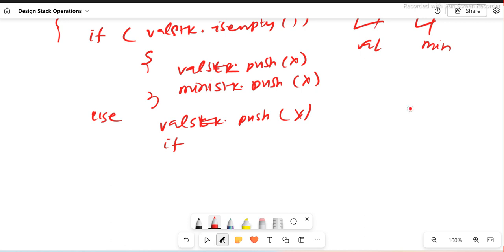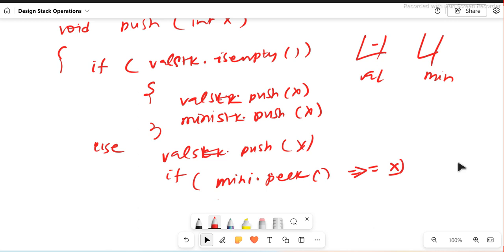So what I'm going to say, I'm going to say if mini dot peek, no, peek, which will give me the top of the element, right? If this is equal to x, correct? If this is not equal to x, guys, if this is greater than mini, yes. If yes, correct. If my x is smaller, no, in that case, if my x is smaller, the value which is coming, no, here, for example,